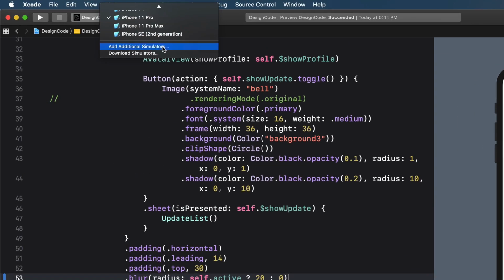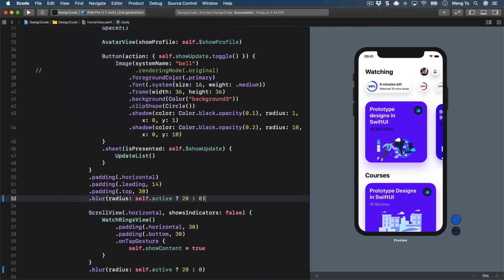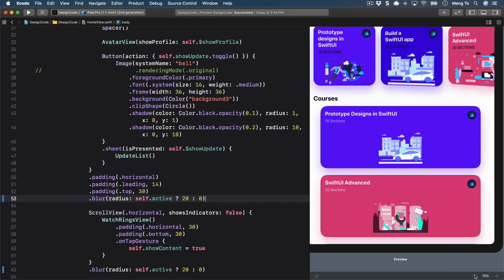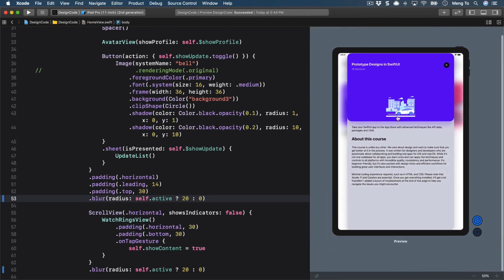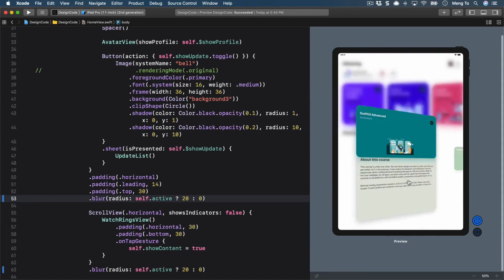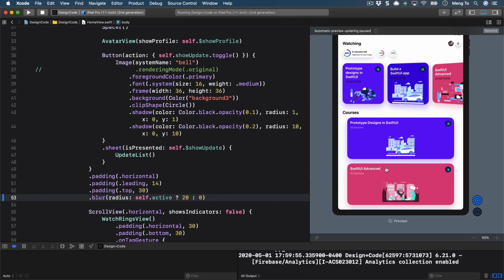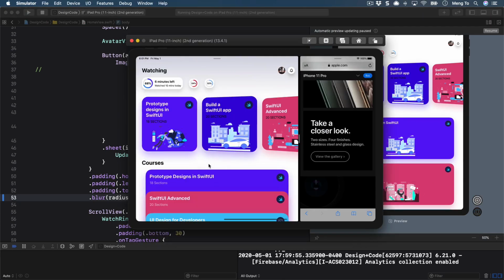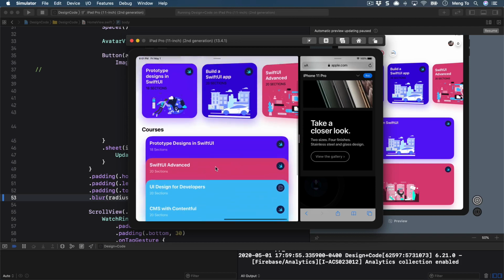So now we can see that we have the blur applying when we are in full screen mode. Let me test this on the iPad 11-inch. I'm going to make this smaller and it's working really well. The only issue with this preview is that since we're using environment size class, it does not reflect correctly. So we're going to have to run the app and you're going to see that we're switching to this wallet